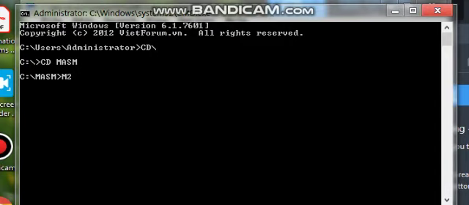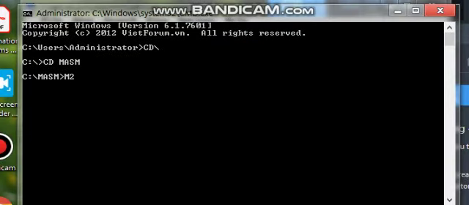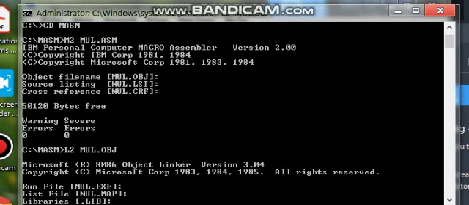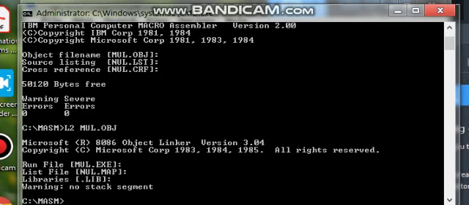What is the name of the program? It is mul. So the first command is masm mul.asm. Next command is link mul.obj.